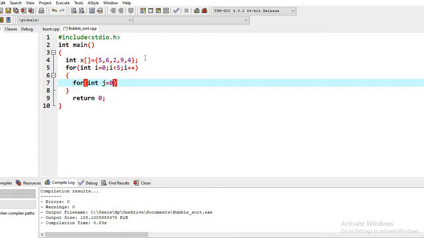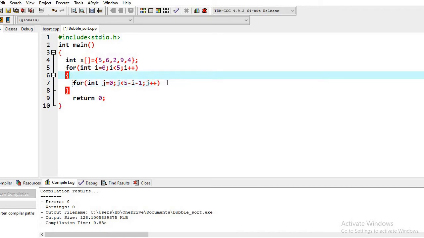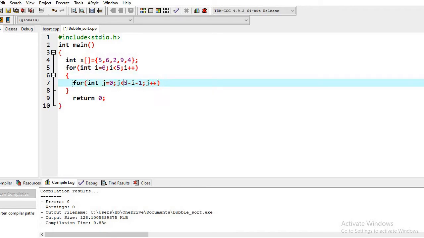It will also start with 0, but it will go till 5 minus i minus 1. Actually, in 5 minus i minus 1, 5 is n. We have taken 5 elements, so I put 5 here.